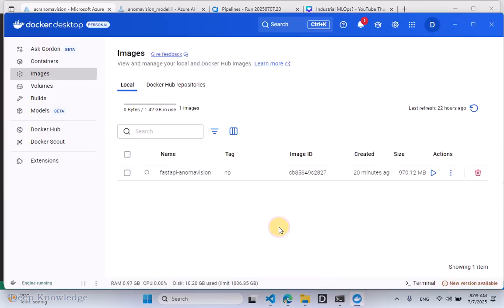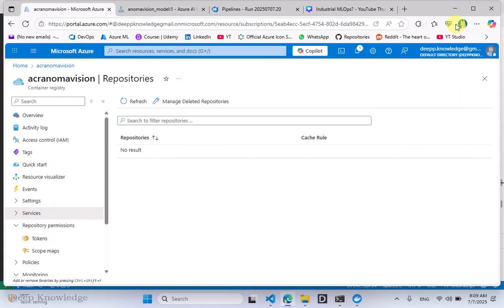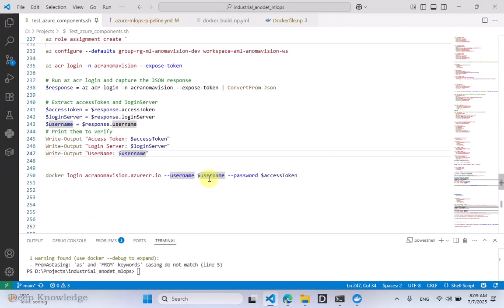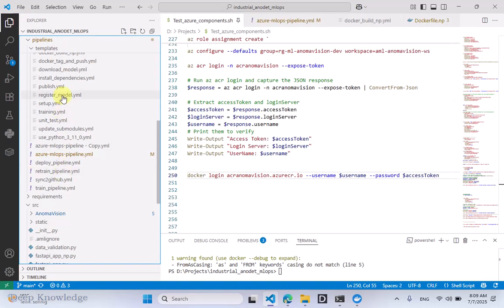Now it's time to push, or let's say publish, our Docker image into the container registry, like here. So let me just show the pipeline. The pipeline has to do with publish,